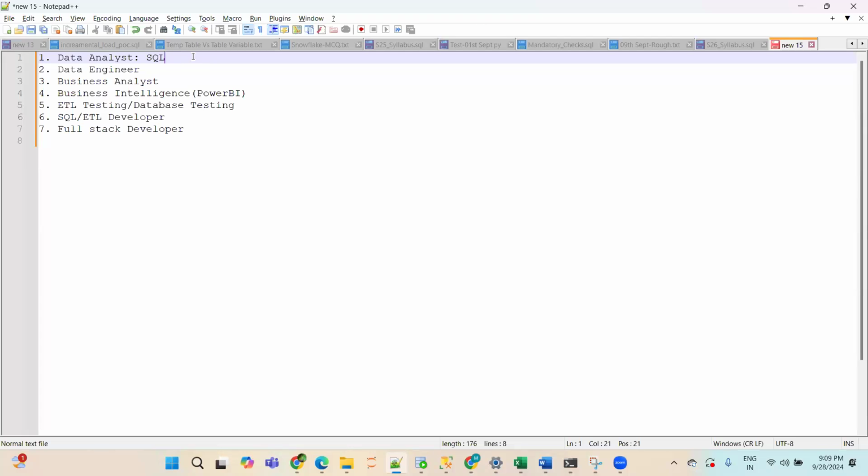Nowadays, if you're preparing for data analyst, they will give you a business problem in an Excel sheet with a data set. They will ask you to write a SQL query. I'm not telling you it is very tough. No, I'm just telling you that if you are serious about data analyst, you have to be serious about SQL. And you have to work on the assignments which will be shared.